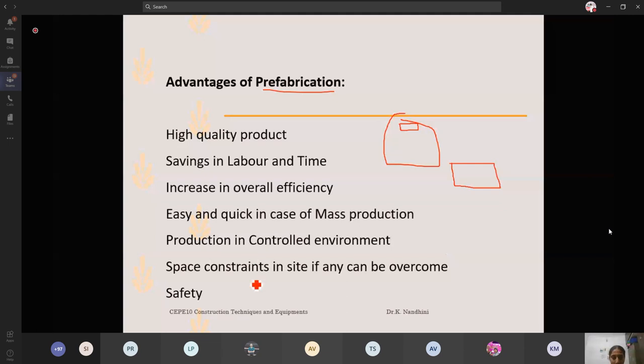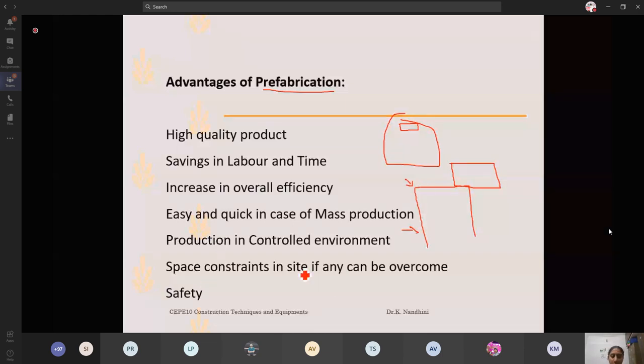Production is in a controlled environment, which means your entire factory is closed, and it will not be affected by weather, by hot sun or cold climate. Whereas consider your site, it will be open. You have to construct your building. It will rain. You might have concreted that day. It will be raining, so you have to leave 1 or 2 extra days for curing. All those things have to be considered. If it is very hot, then the workability of the concrete will definitely change, and people over there will add some extra water. So all those things can be avoided if you go for prefabrication.